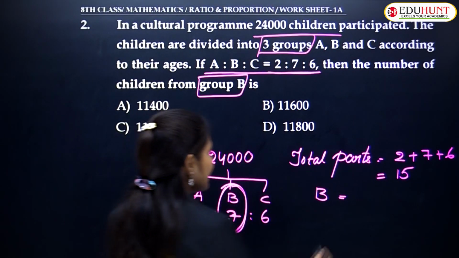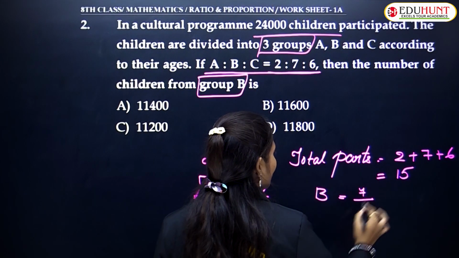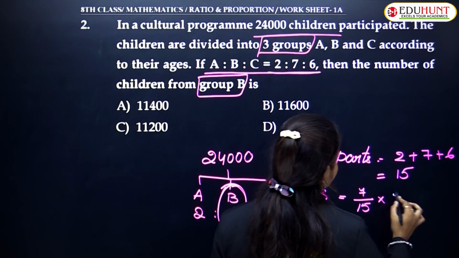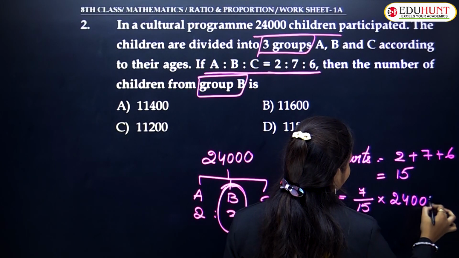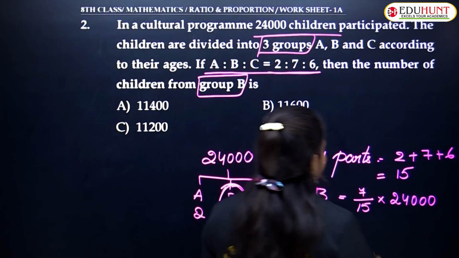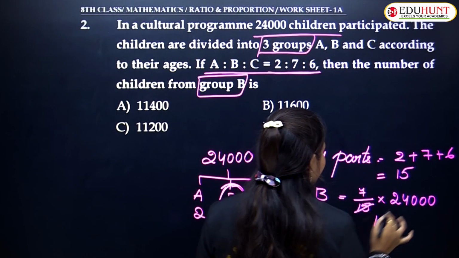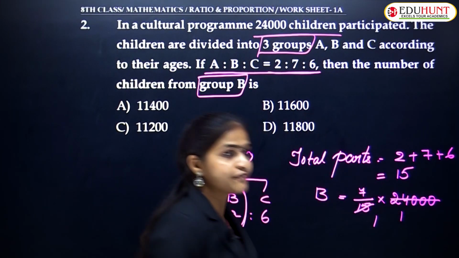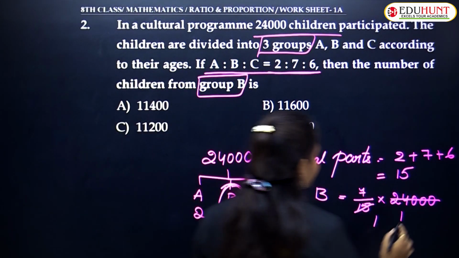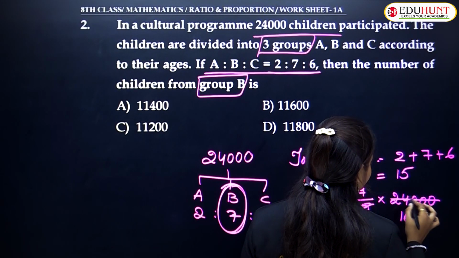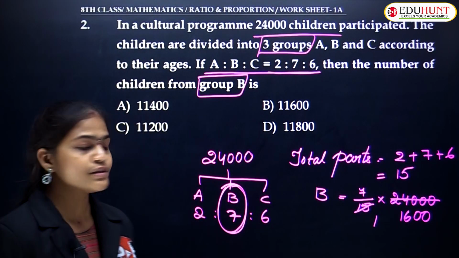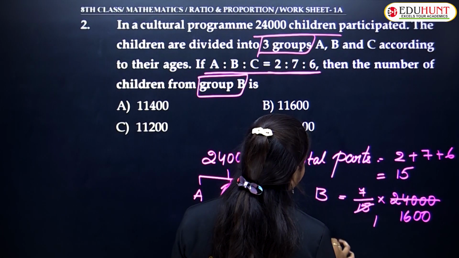So here, what is the ratio they gave? 7 by total parts 15, into 24,000. Clear? See here, 15 ones are 15, and here 15 sixes are 90. So that's why 15, 6, 90. Clear? And here 2 zeros. Understand? So B is equal to